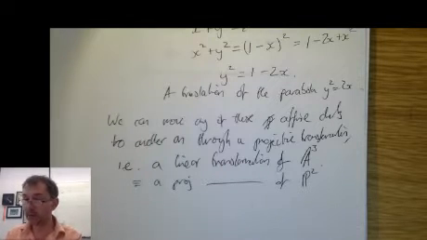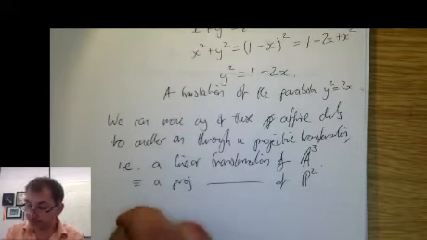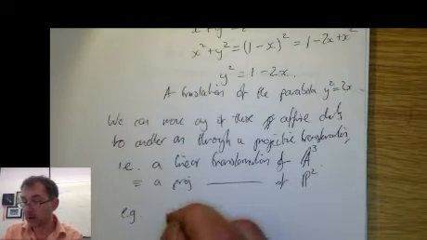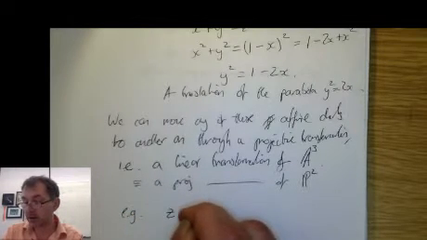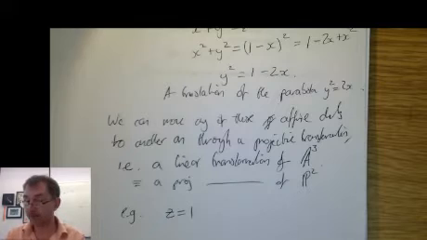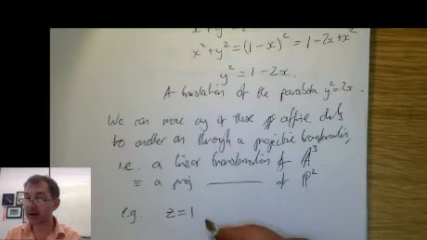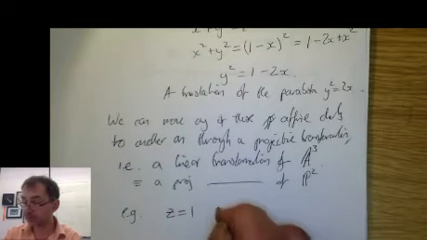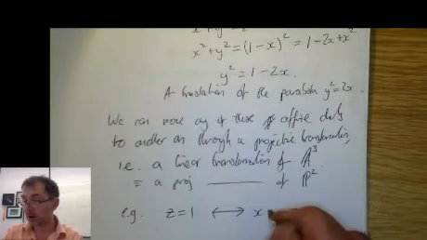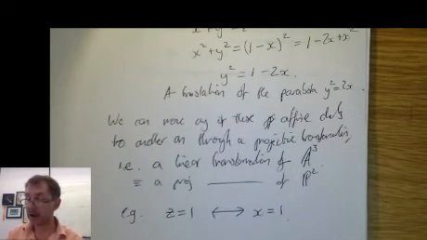What does one of them look like? Well, for example, we started off with the affine chart that you get by setting z equals 1. So that's a plane. But if I want instead the affine chart where x is equal to 1,